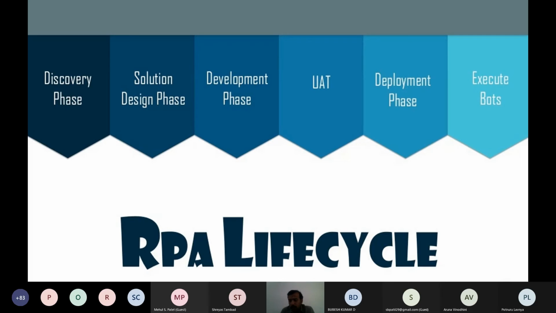So as a client, you decided that you are going to automate a process. Now a process is there in your hand. When I say process, it is sequential steps. So you decided to automate a process. So you have a process in your hand. You are approaching a firm and saying that you need to automate this.